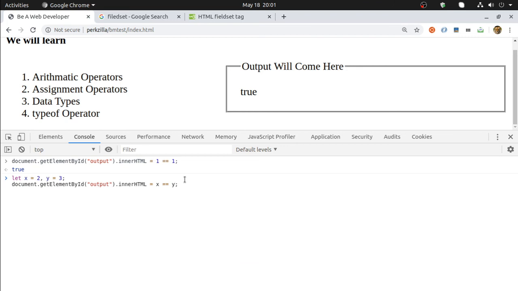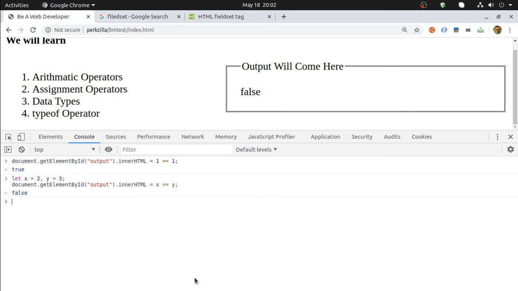I'm telling you comparison just for sake of making this session a bit interesting. But in my next video, I'm covering all these comparison operators. For now, just understand that I'm trying to compare if my x is equal to y. Note it down that single equal means assignment and double equals means comparison. So it said that it is false.